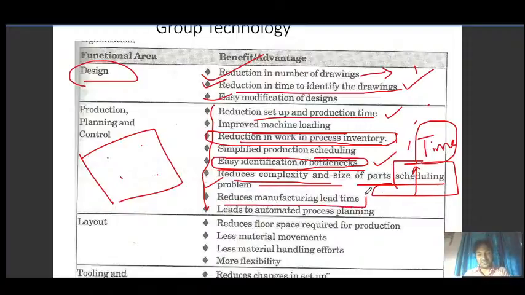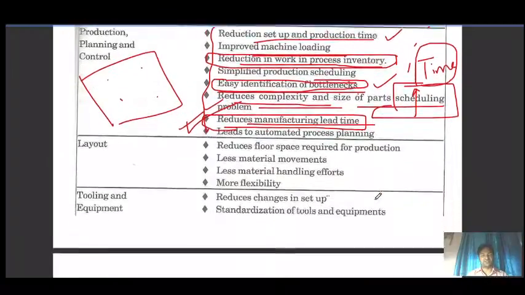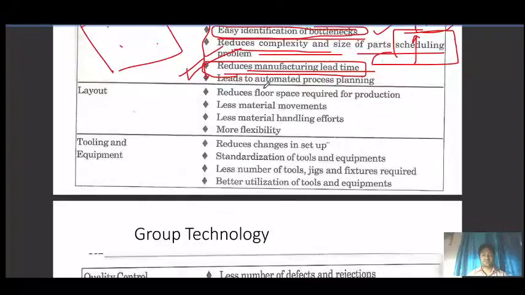Reduce manufacturing lead time, because machines are set up as per the process. So as you get an order, you can simply go back and check whether you have an existing setup or not, and if you have, you can directly utilize that setup for production of new parts. Then it leads to automated process planning.